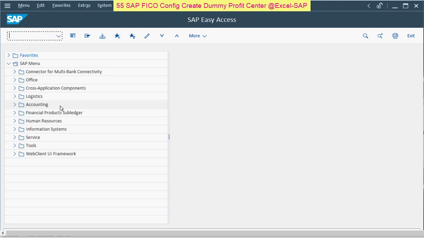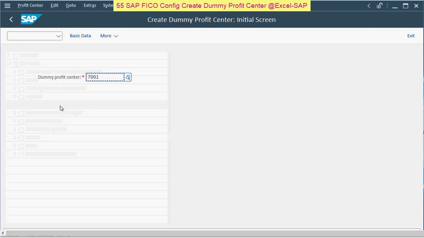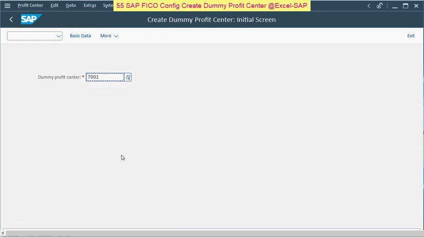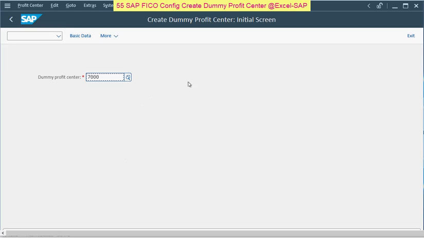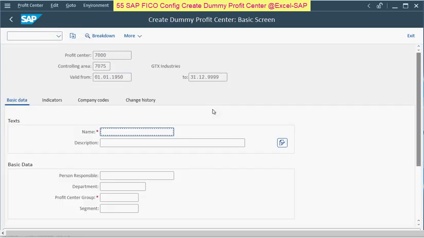Go to transaction code KE59, then press enter. Enter the code here, then click on basic data here, enter the description here, enter profit center group here,